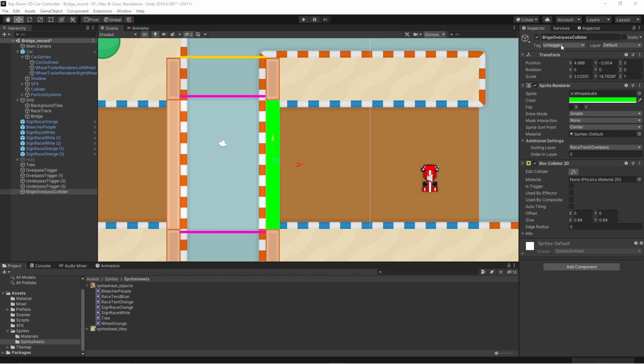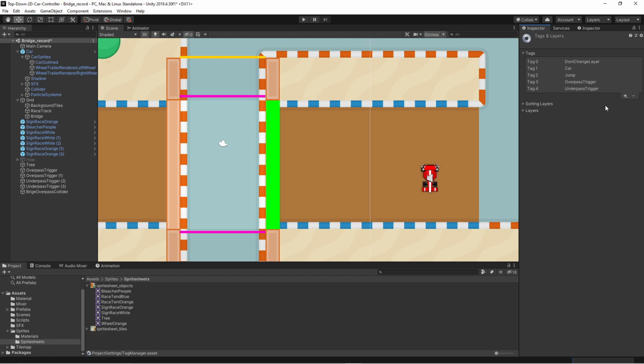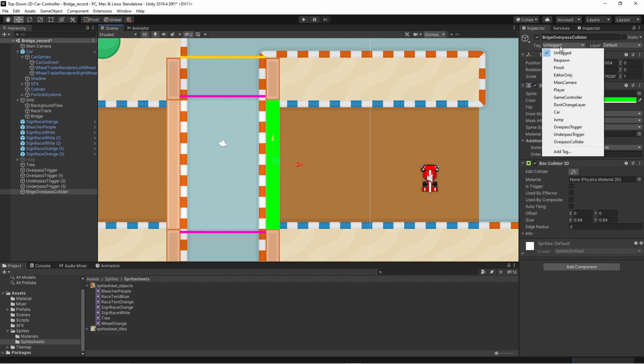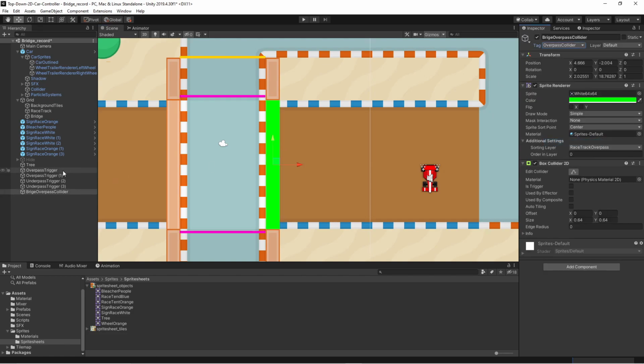We'll create a new tag and we will call it overpass collider. Save, and then we will assign that to the object, and then we can duplicate the whole thing and put it on the other side. And then we do the same thing for the underpass collider. So bring it up here, call it bridge